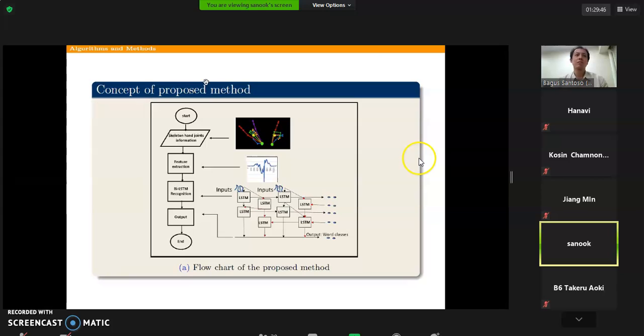So this is the concept of our method. We can see that we extracted features from the hand joints. That is, we use the fingertips of two hands, because most American Sign Language gestures use two hands. So we extracted 168 features from these two hands, where we have 5 fingers on each hand. For the 5 fingers, we used the first from pinky to middle to the index. The pinky and the index have five joints